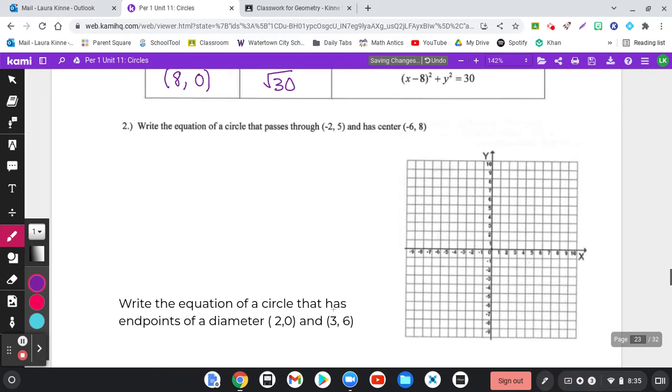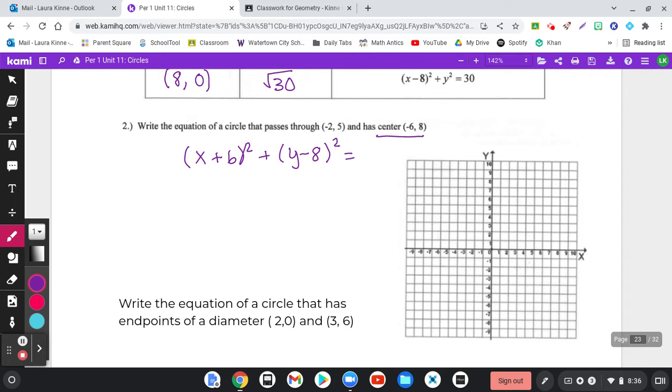Okay, so let's give some of these a try. It says write the equation of a circle that passes through negative 2, 5 and has a center of negative 6, 8. Okay, I'm going to start there. The center is negative 6, 8. So I know it's going to be x plus 6 squared plus y minus 8 squared